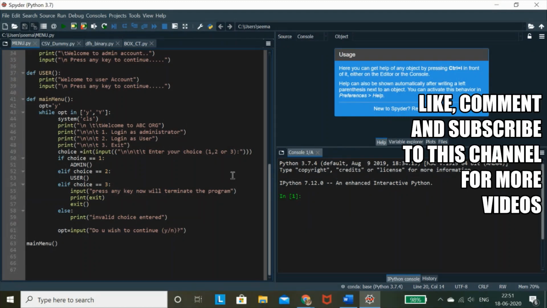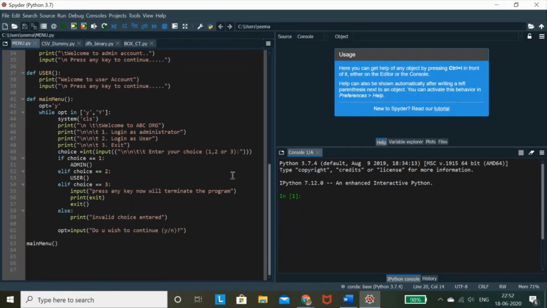Basically, we can say that the code can be divided into two parts whenever we develop a software. One is a front end. Front end is the code written in any programming language which controls everything, including the interaction of the user as well as the data hidden at the background. While the backend is the data which is stored in some file. So reading, writing onto the file, searching the data, deleting the records or updating the records, all this is done at the back end. And the front end is the code which controls the data, which helps us in fetching out the data. So I will be covering all the topics one by one.